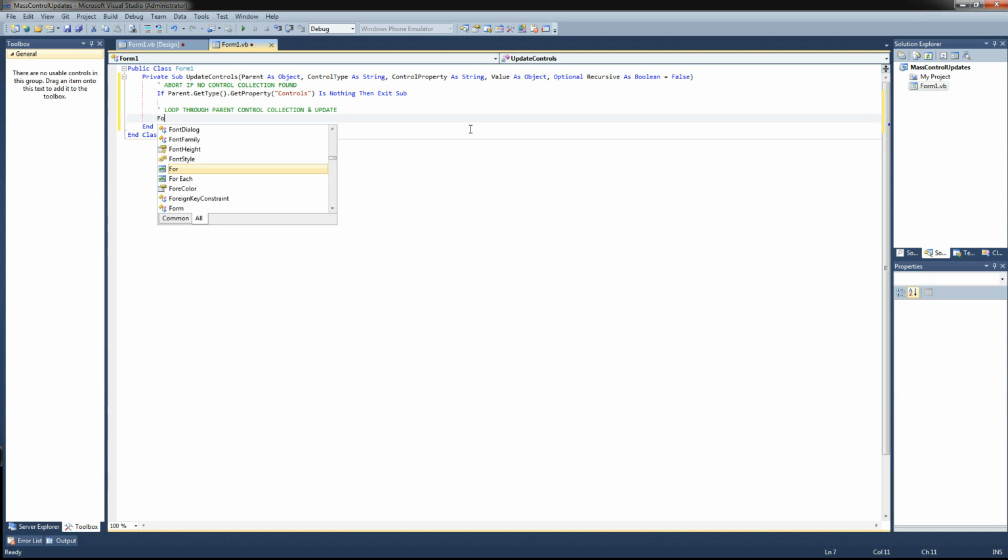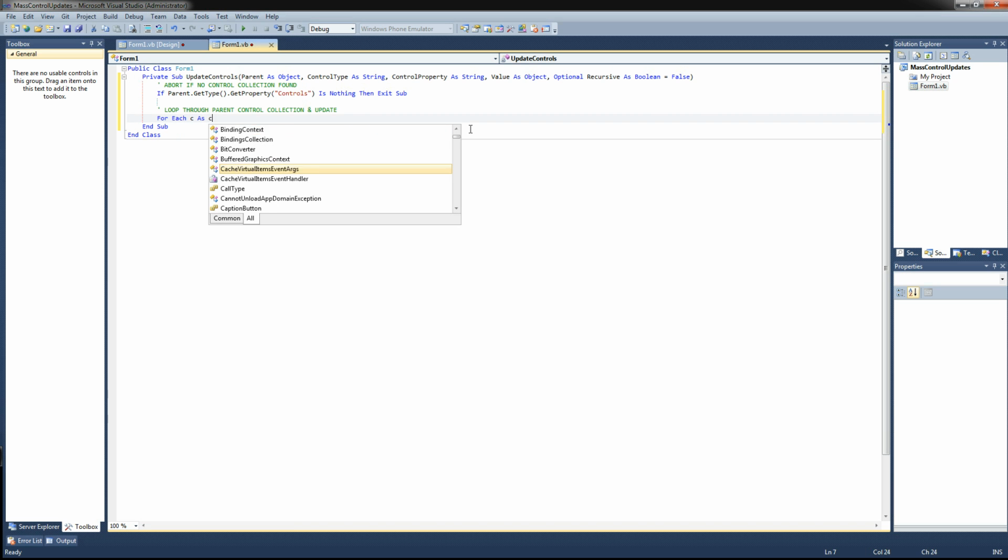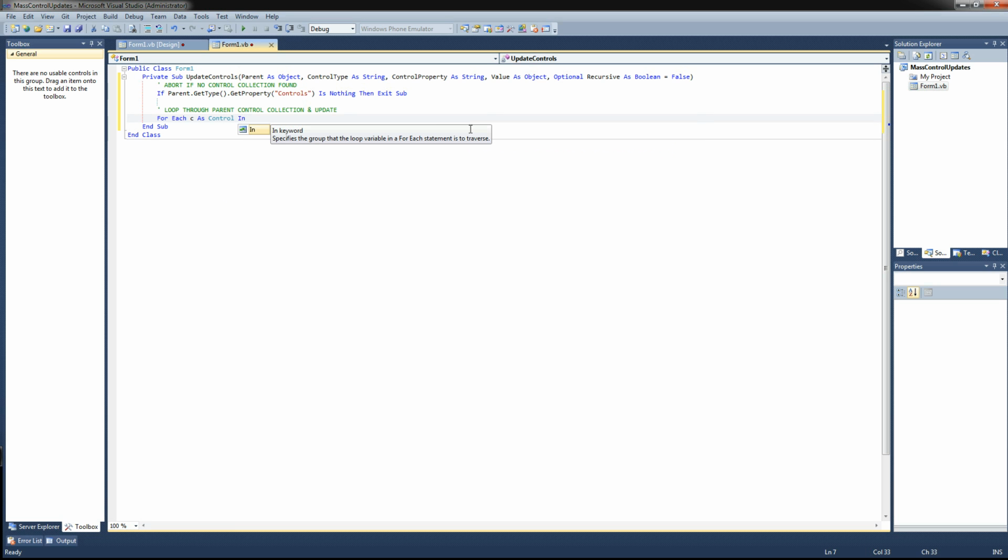We're going to say for each C as a control, and that control is kind of similar to an object type. It's sort of agnostic. It doesn't care whether it's a text box, a checkbox, or any other control type. So for each C as Control in the parent.Controls,